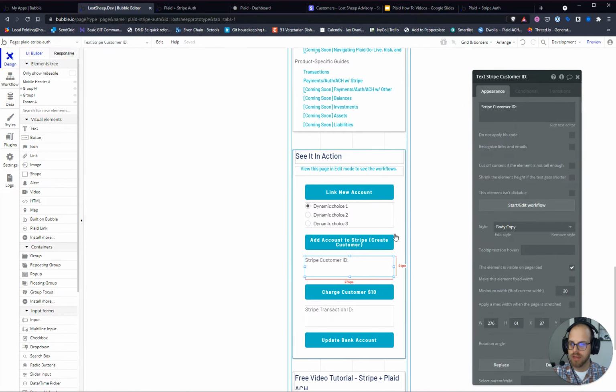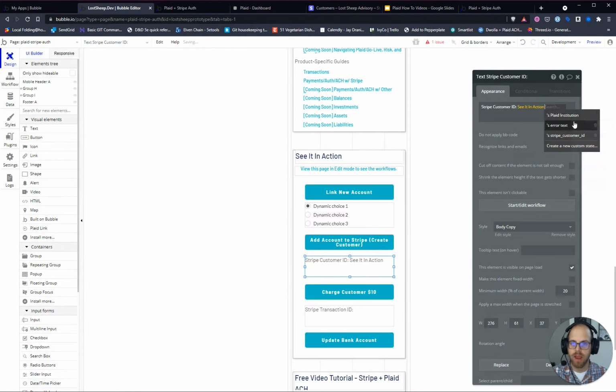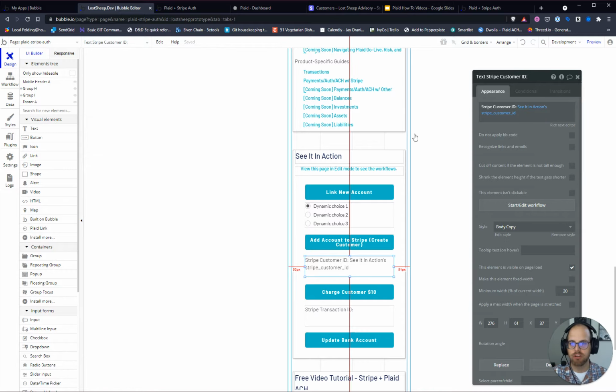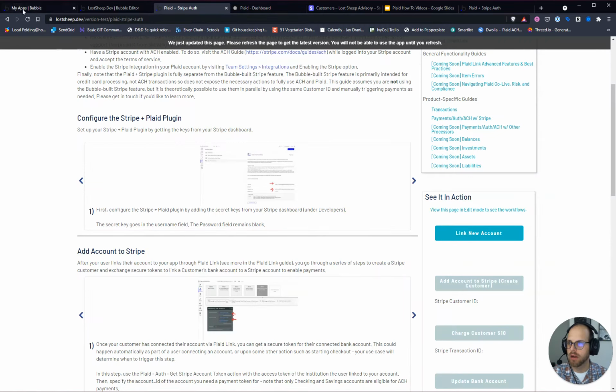So back in my UI side, here we go. There's the Stripe customer ID. I can grab that state that I just created, the see it in action Stripe customer ID state. And let's see what's going on here. If I go through preview mode,